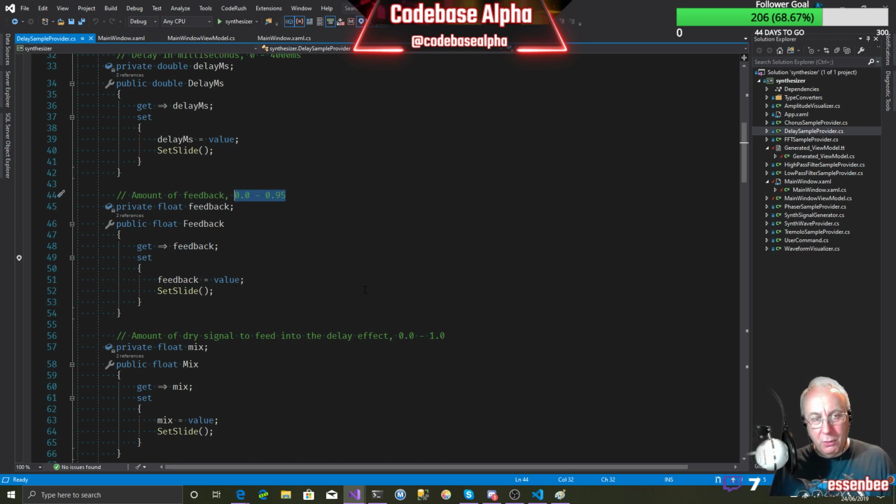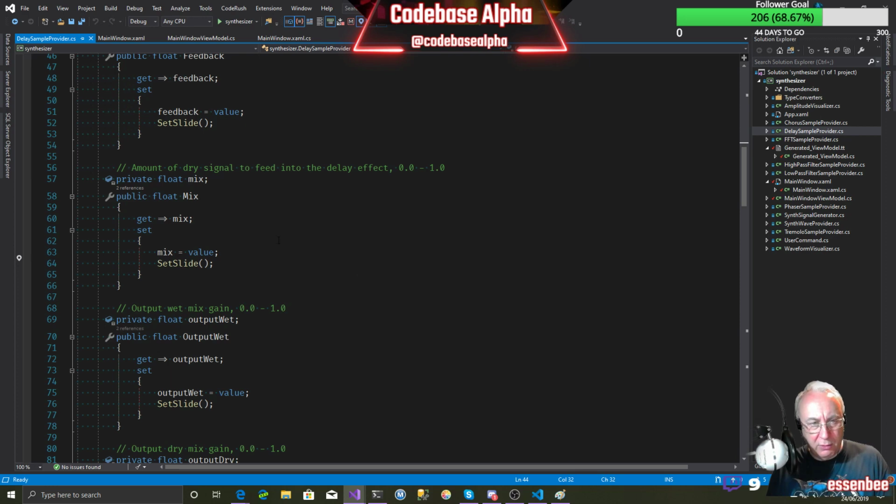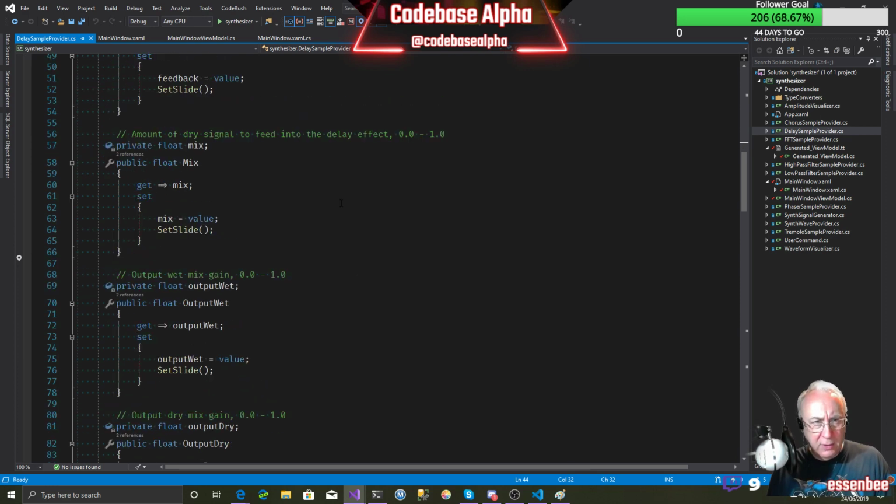So what we don't want to do is to have full feedback. So we need to work out what the range there is. It's going to be minus 48, or minus 60 perhaps. But we might leave feedback in percentage just to start with when we get it working. There we're going to have